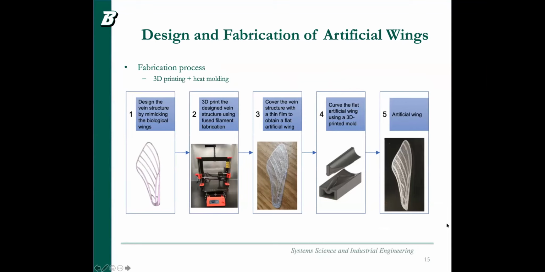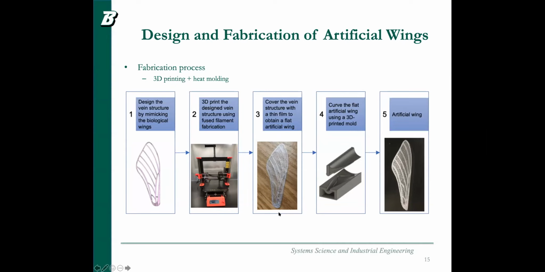So based on the design, we came up with a fabrication process workflow. We start by doing the 3D printing, because at the very beginning, our design is to be compatible with a FFF printer or FDM printer. So we designed 3 layers for 3D printing. And then after printing those design structures, we cover the flat 3-layer vein structure of the wing with a